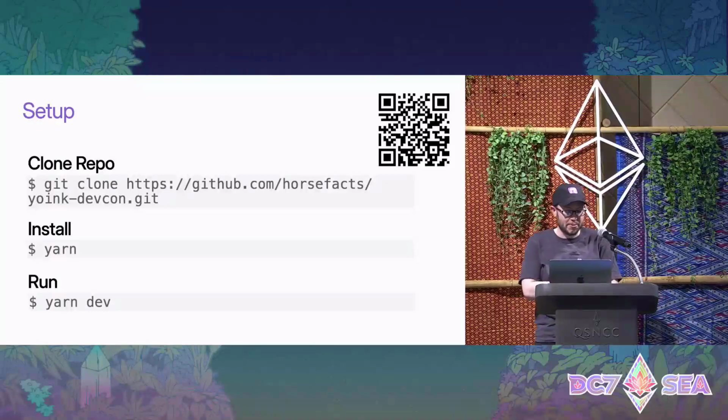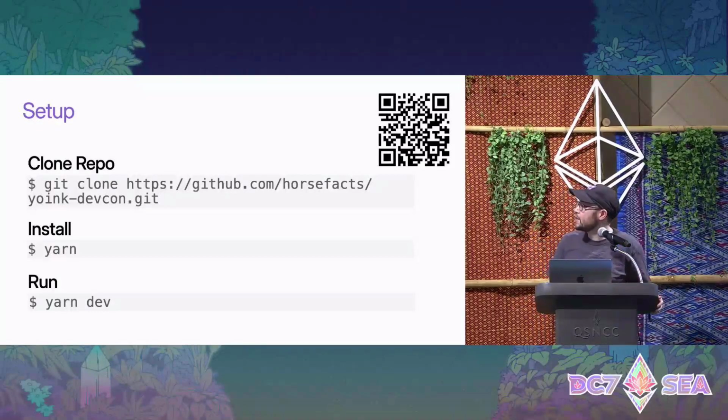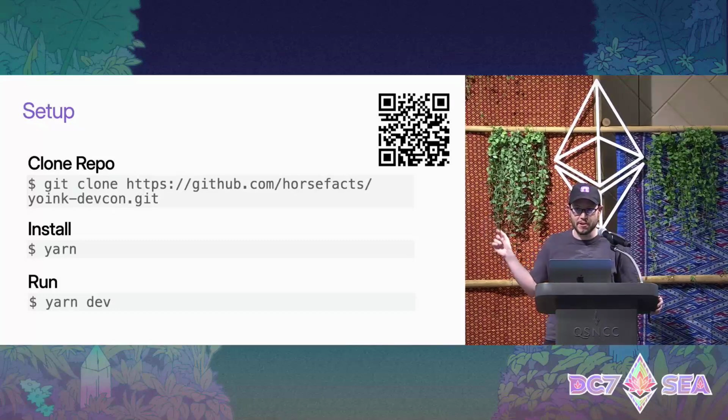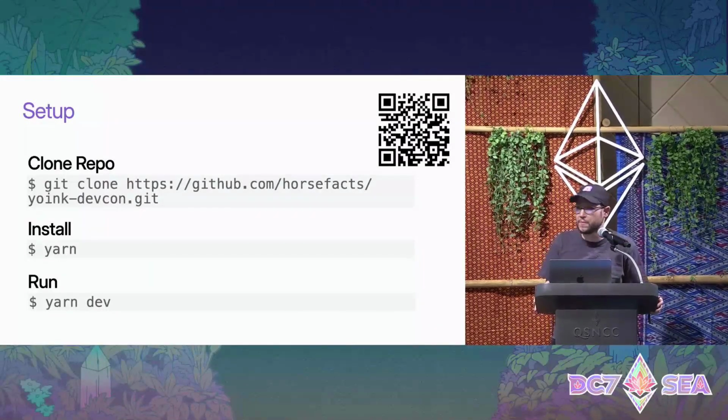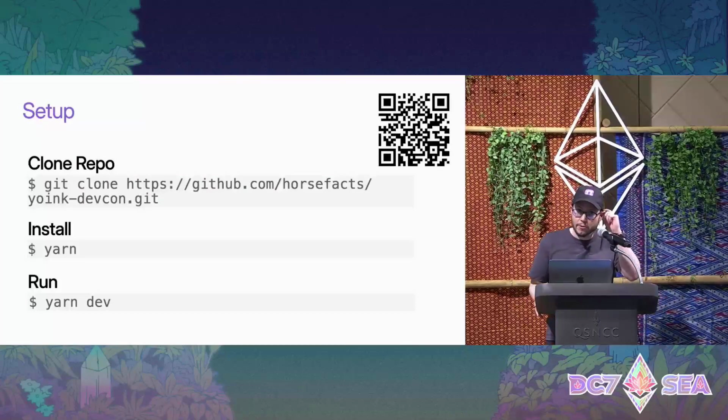All right, hopefully this goes well. I'm going to switch over to live coding from here. But if you want to follow along, you can clone this repo from GitHub to get up and running. And let's give it maybe 5 minutes for folks to grab this repo and get set up if they want. In the meantime, maybe we can take questions.